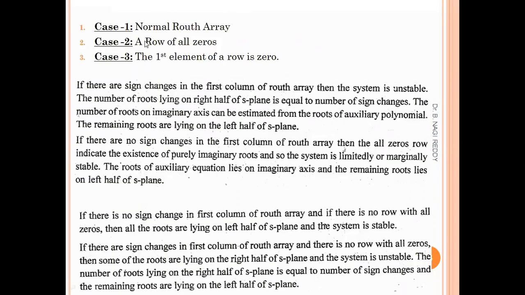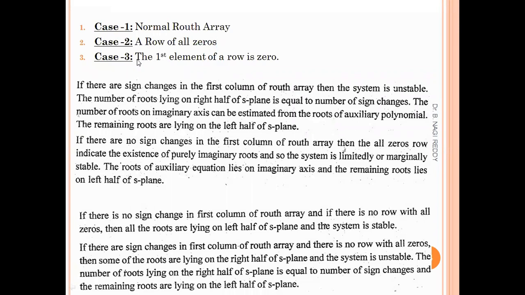That was the difficulty, and in order to eliminate it, we will use a small procedure. I'll tell you that procedure while doing the problem only. So that is our case number 2, and based on that case, we can comment on the poles. This part discusses the case 2 situation. I'll explain how we can comment on the poles and on the stability for case 2 while dealing with the problems.